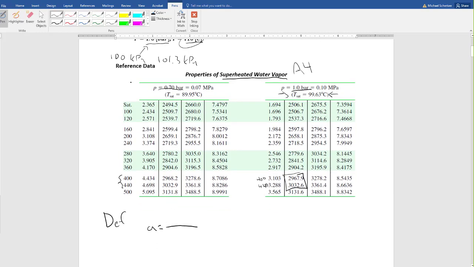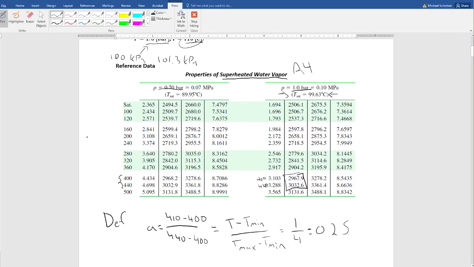So what I do is I take the actual temperature I'm looking for. This is 410. Now maybe you've already done this in your head, but it's good to systematically go through this, right? I'll write it out symbolically first. A = (T minus T min) divided by (T max minus T min), right? That's 410 minus 400. T max is over here. This is 440 minus 400, right? So this is 1 divided by 4, or 10 divided by 40. That's 0.25,